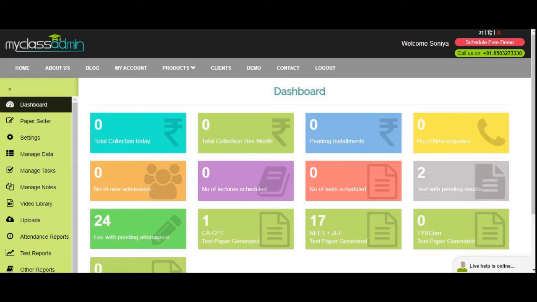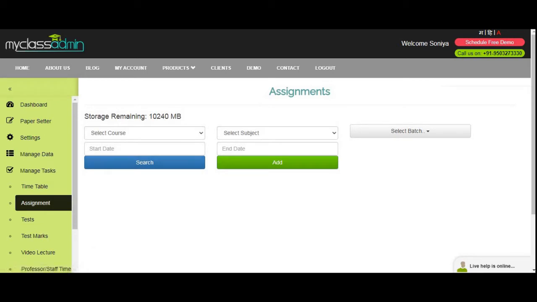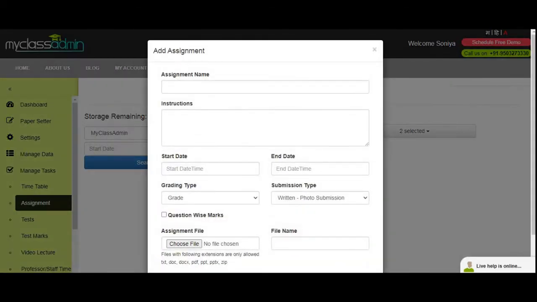First, we have to log in. Then on the left hand side bar, there is the option of manage task. Then click on assignment. Now select the course, select the subject, batch and click on add button. Now provide a name to the assignment.